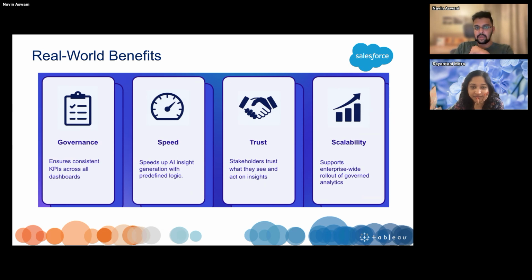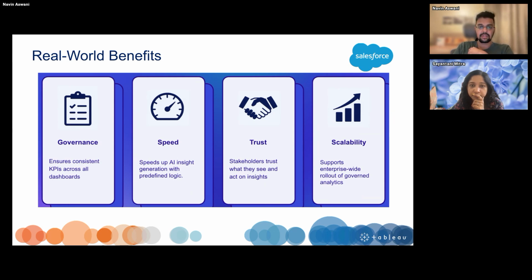Speed, it will speed up our AI insights with the predefined logic that we're keeping. So with that, eventually, we would be having trust. Stakeholders can trust us, customers can trust us in the organization that everyone is talking the same business language, and that's what we need in the end.